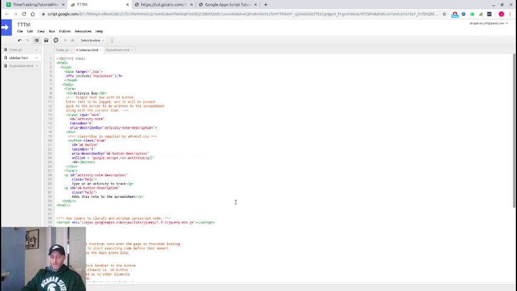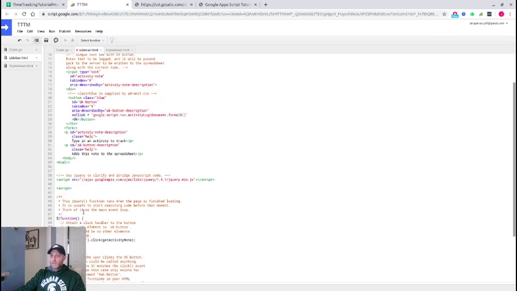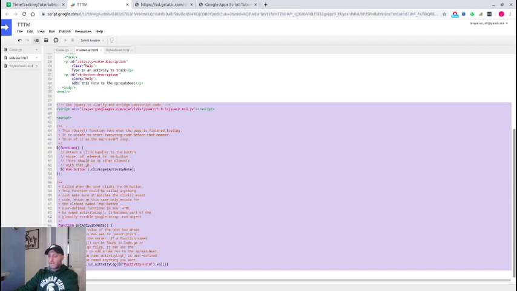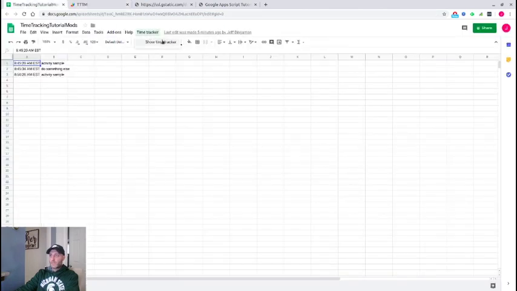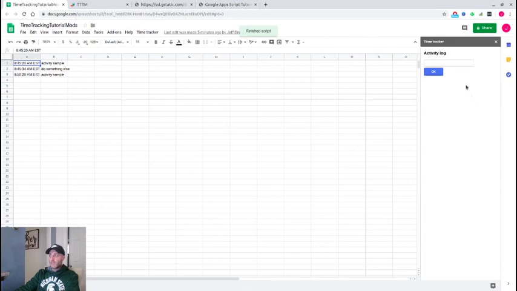And then we're going to use JavaScript instead, and we're going to say we want the value from forms of 0. There's only one form, so that should take care of that. And then we ought to be able to come down here and get rid of everything, save it up, come back to our time tracker. All right, activity sample, okay. And oh, see, now we did get it, but we've got this